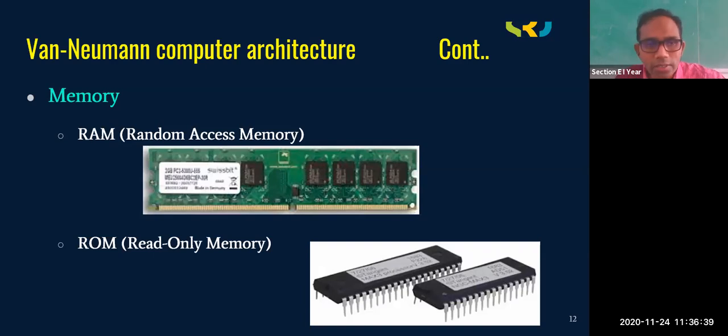Once the power is lost, the data is lost is called volatile memory. Suppose you write a program without saving and close the laptop, the data will be lost because that is stored in RAM. And coming to ROM, even if you shut down the system, the data is not lost.